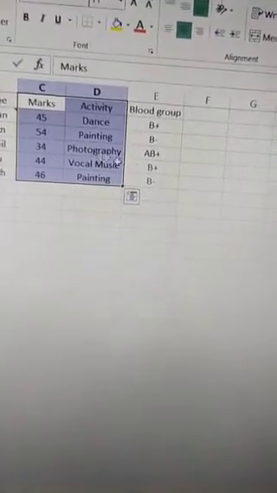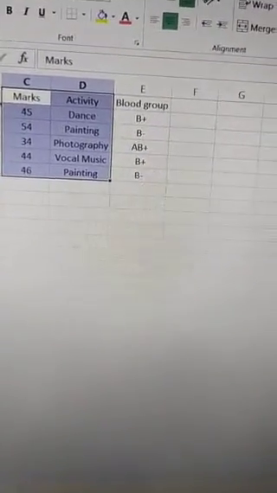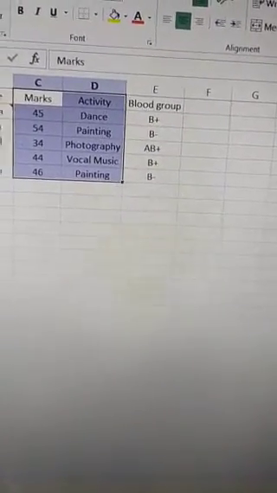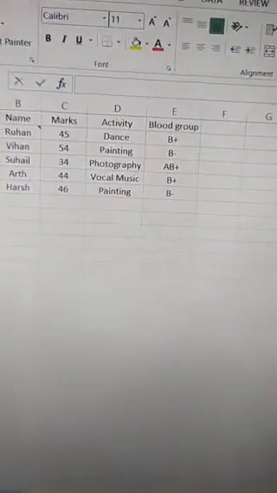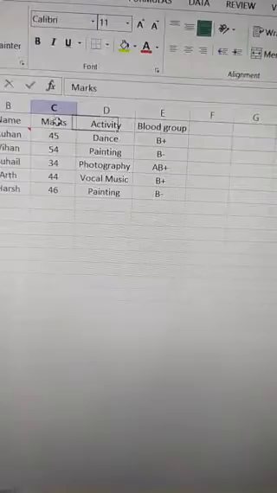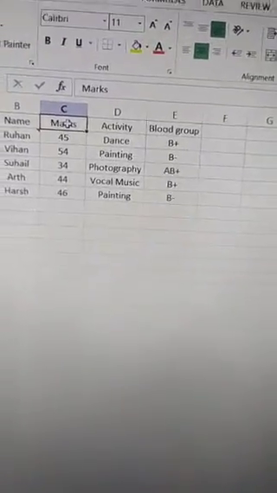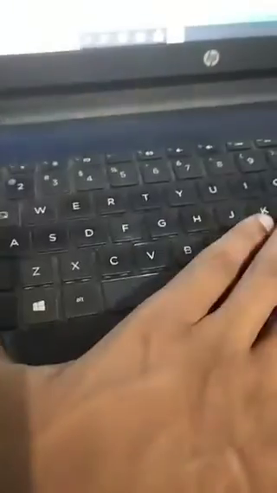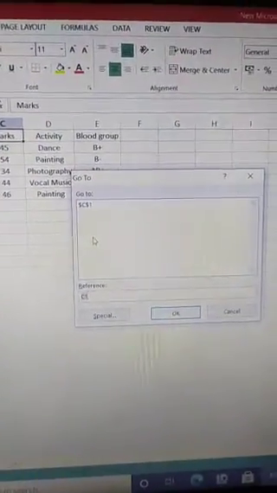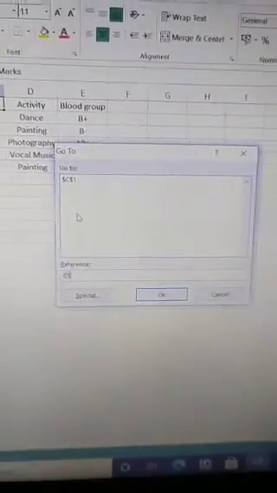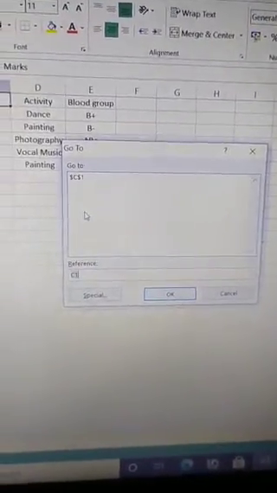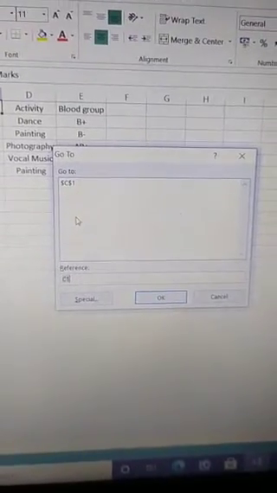Now the Go To command can be found with a shortcut key. What is the shortcut key for the Go To command? It is CTRL and G. So I have selected the first cell of the range. Now I pressed CTRL G, Control G. You can see here that the Go To command dialog box appeared.